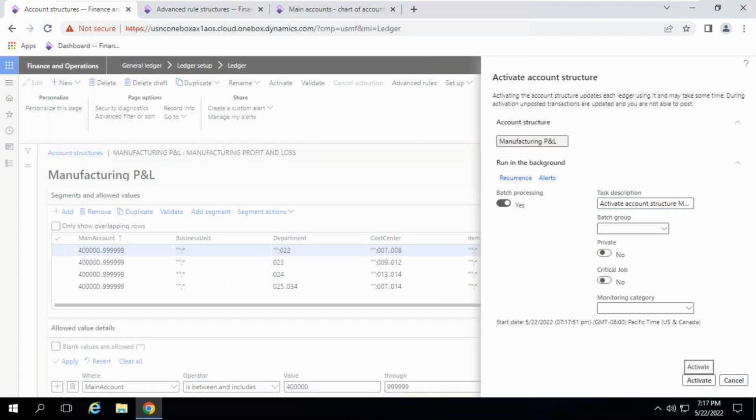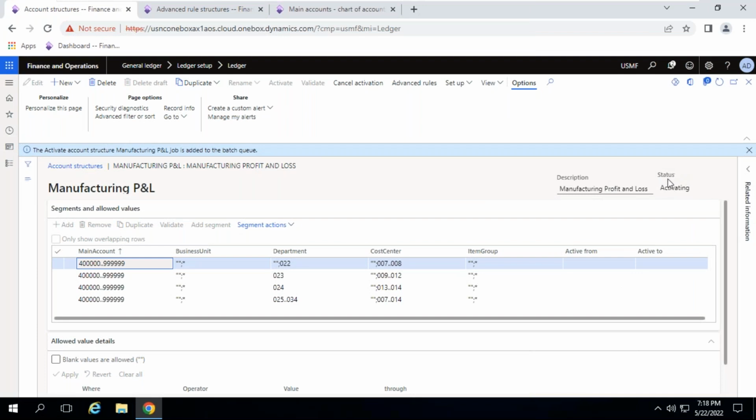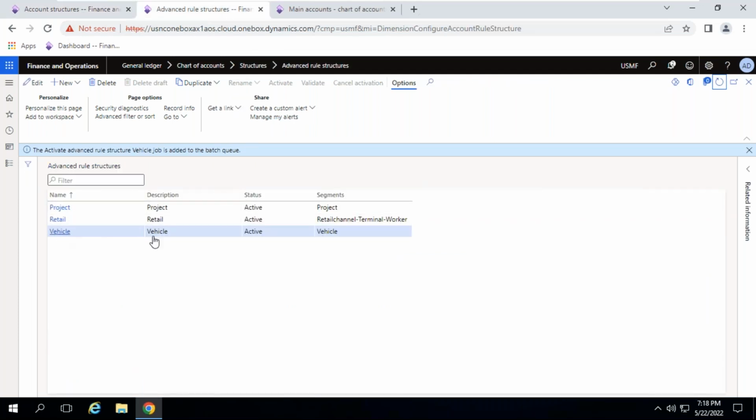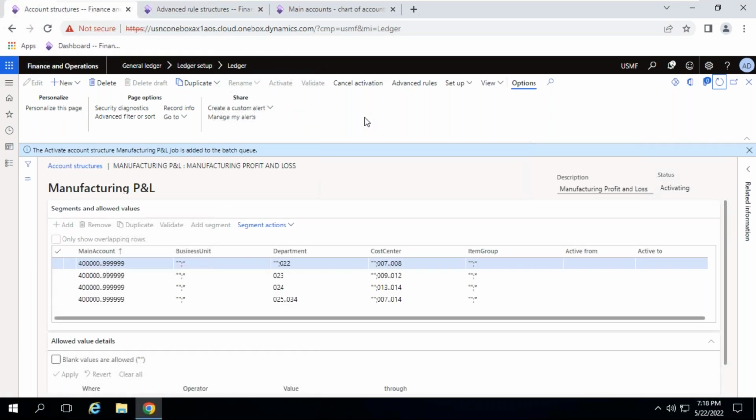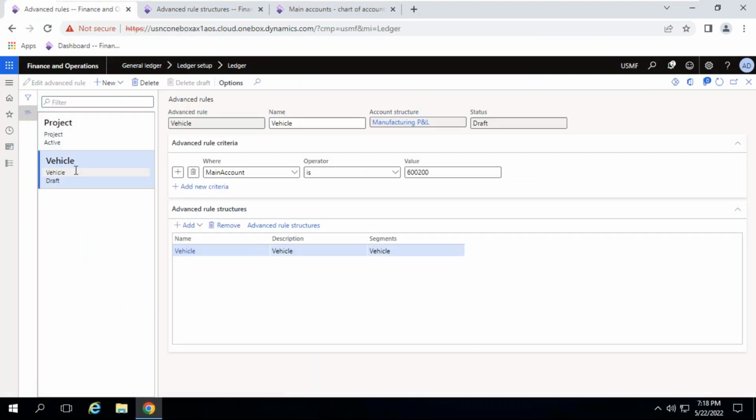I'm clicking on activate. Okay, it is activating. Let it be complete. So what I have created is one structure and one advanced rule, for vehicle, and what I did is I have tagged inside the advanced rule. While mapping the advanced rule, I have mapped 60200. Okay, now for normal accounts, for the accounting structure,